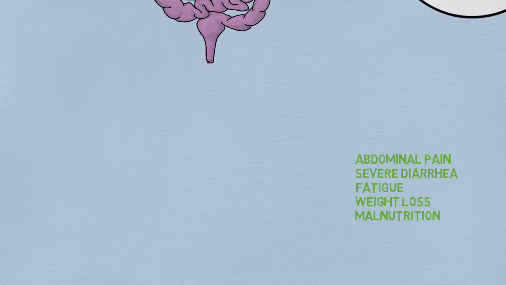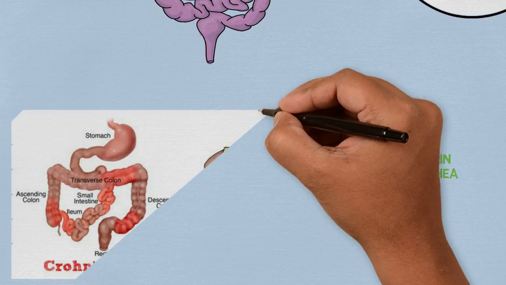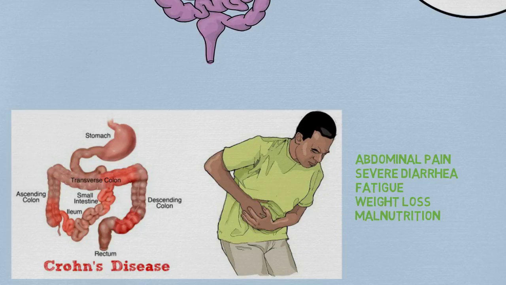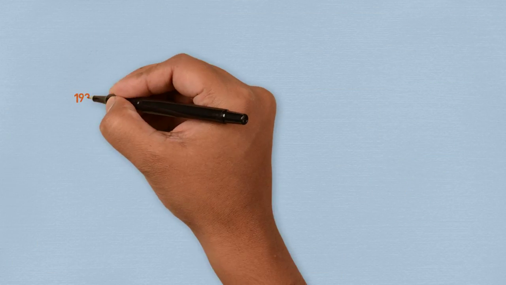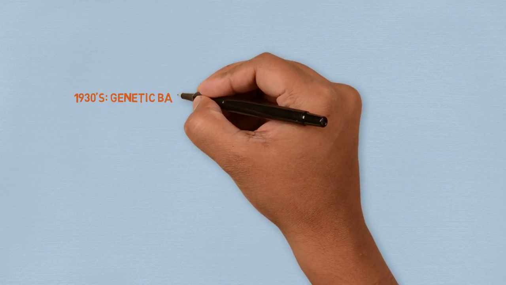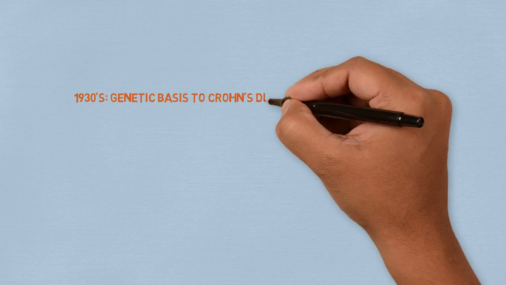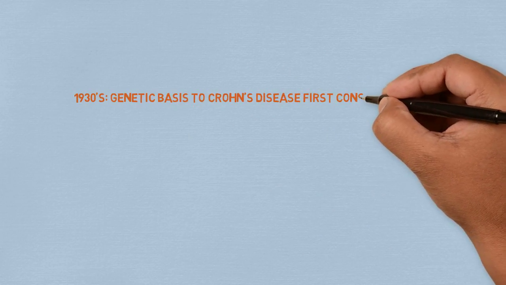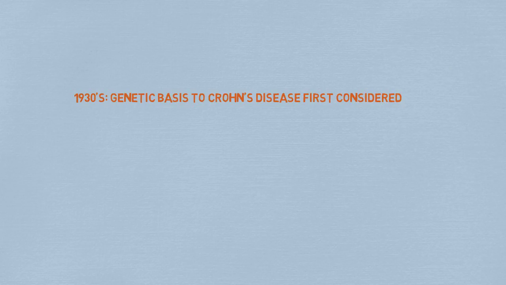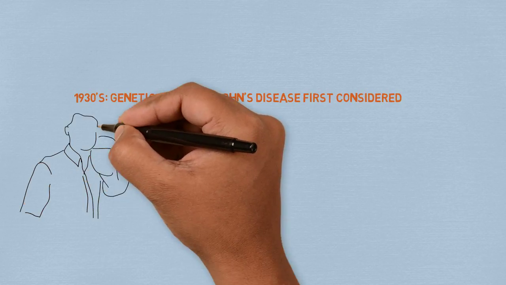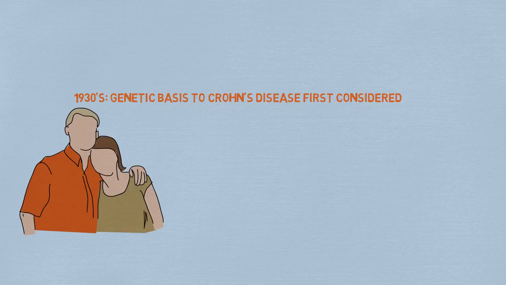Crohn's disease can be both painful and debilitating. There is no known cure, but with treatment, many people are able to function well. It wasn't until the 1930s that epidemiological observations suggested there was an inherited component to Crohn's disease risk. Family and twin studies that followed showed that approximately 15% of patients with IBD have first-degree relatives that also have